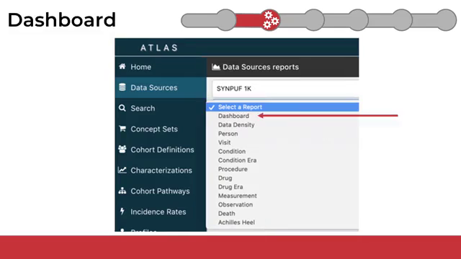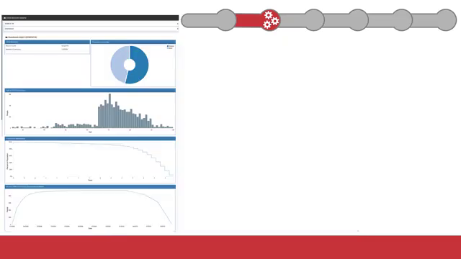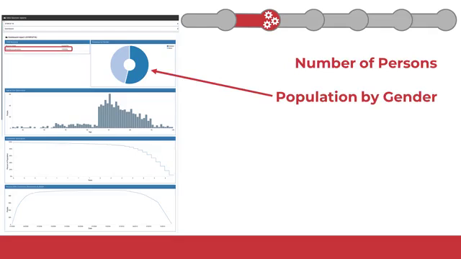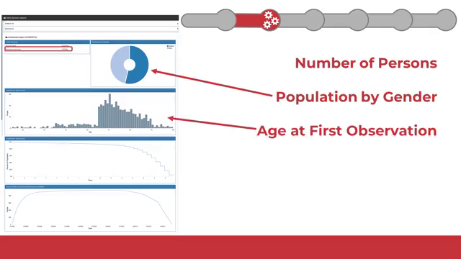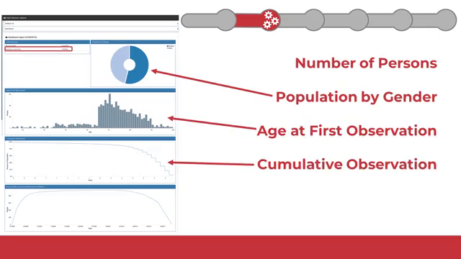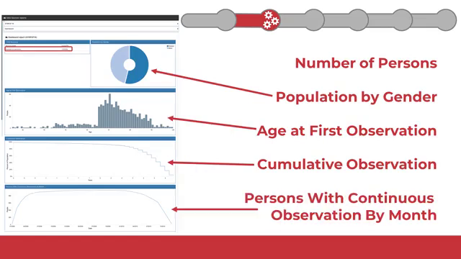No better place to start than with the first report, the overall dashboard report. The dashboard report is a set of visualizations that provide very high-level views of the data. I have highlighted the sections showing the total number of patients in the data set, the distribution of genders, the age at the time the first observation in the database was recorded, the cumulative distribution of observation records, and the number of patients with continuous observations by month, which is a measure of the amount of time the database has